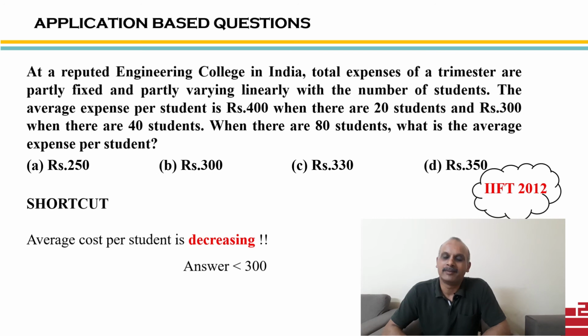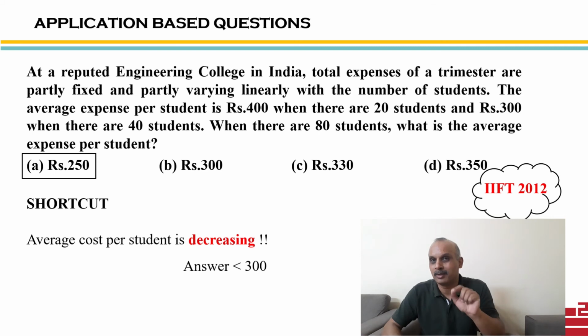isn't it? And if the per head cost will be less than 300, the only option in this question I see is A option. And mind you, this is the actual question without fudging of data. It's expressed as it is. So quite often you will see in actual exams you have such actual options given to us, but we don't think in those lines. We students think in lines of forming the equations, eliminating variables and solving it. So I think you should start thinking along these lines also. These are called smart strategies.